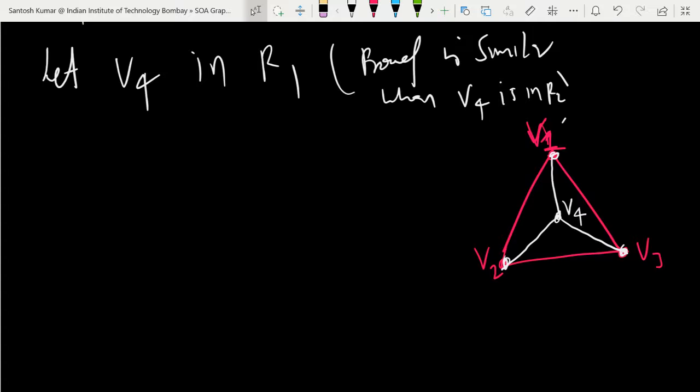Now count the number of regions. So how many regions are there now? You can rename the regions: it was R1, so you can call it R11, R12, R13. So R1 is the first part of the R1 region, the second part, and the third part of R1. And the outside region is R2 only. Okay. Now you have four regions.